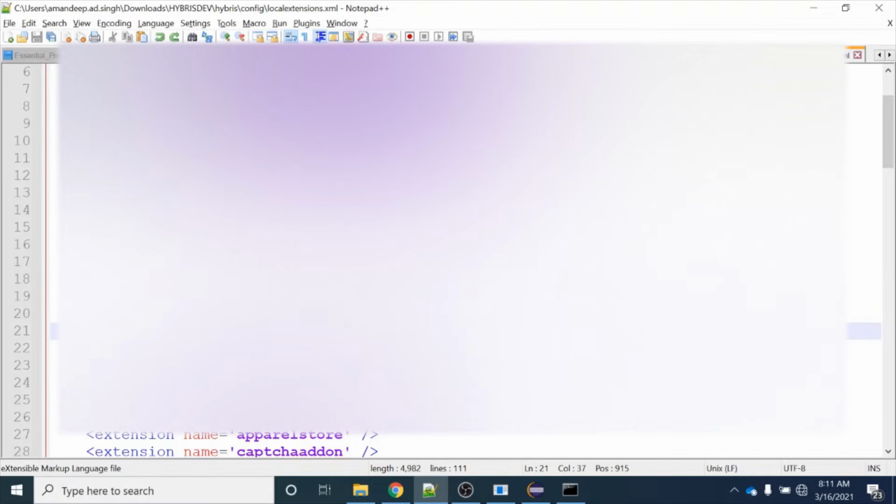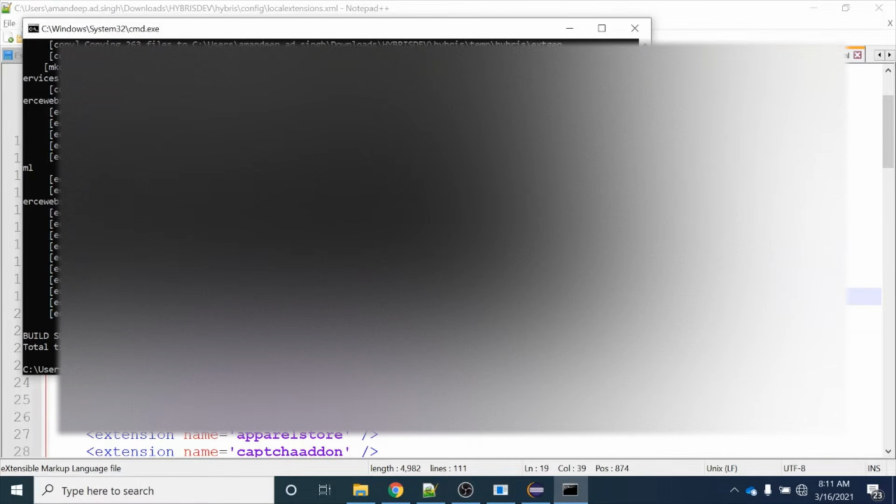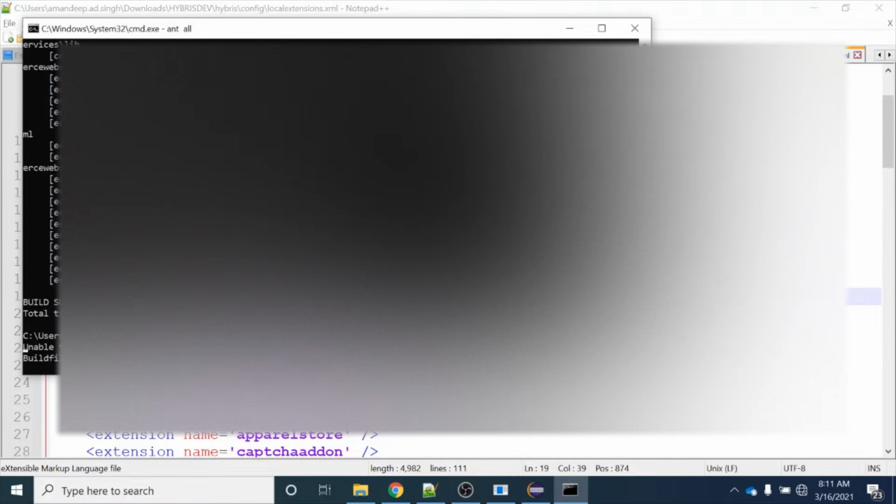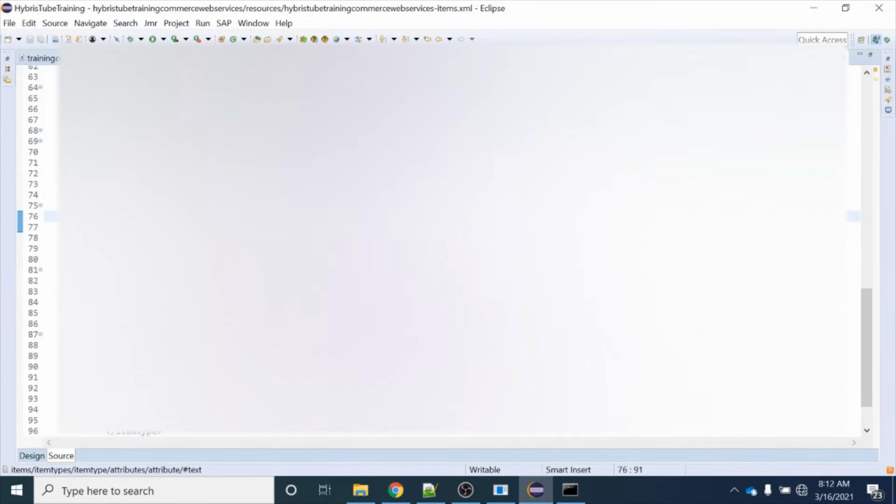So now I have given the entry as well as I have removed y-commerce web service, y-commerce web service test extensions. So now what I will do, I will be doing ant all. So I am firing this ant all command. So this command will take some time, and once this command gets finished, after that I will show you that